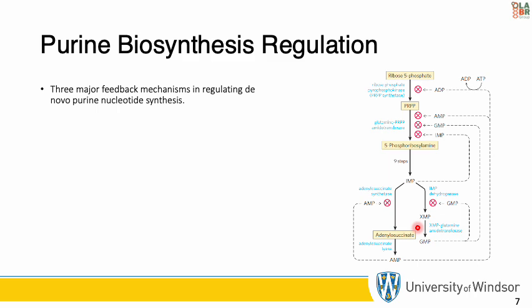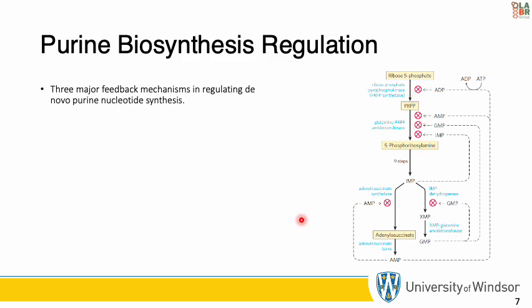However, when both products are present in sufficient quantities, IMP builds up and it inhibits an earlier step in the pathway. This regulatory strategy is called sequential feedback inhibition, which we've seen previously in our amino acid synthesis pathways. So, in the third mechanism, GTP is required in the conversion of IMP to AMP, if we remember that correctly, whereas ATP is required for conversion of IMP to GMP. So that's just the slide before. A reciprocal arrangement that tends to balance the synthesis of the two ribonucleotides.